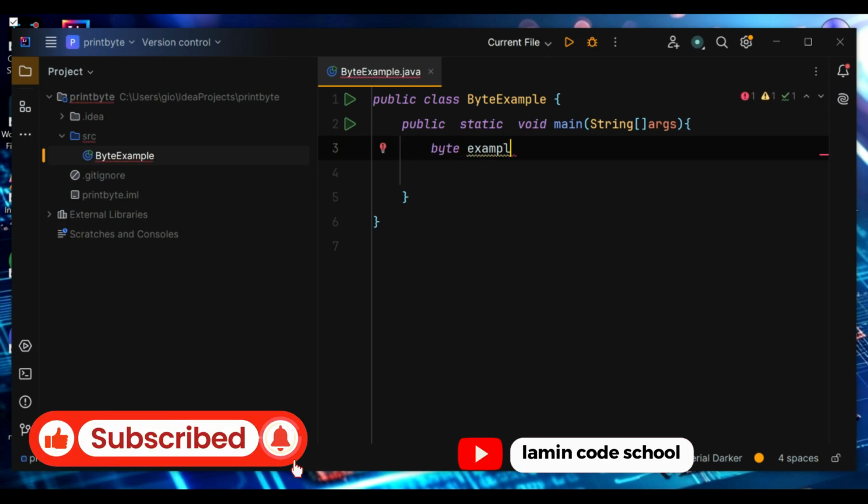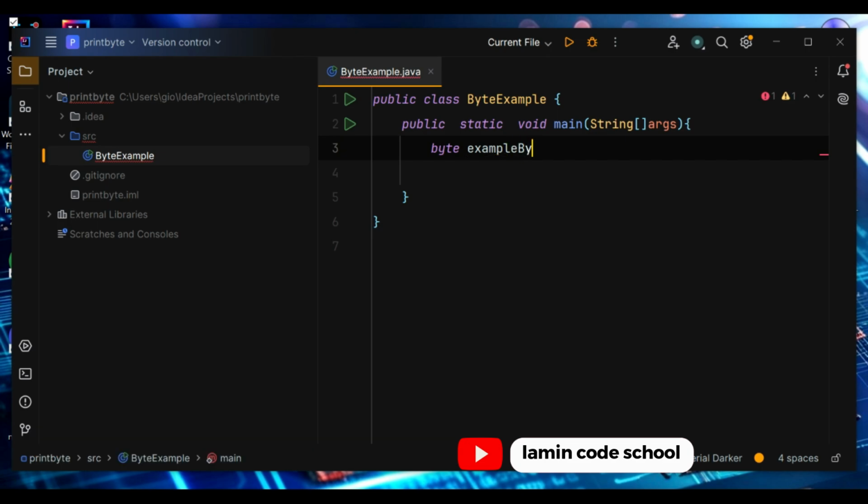Let's look at a simple example of how to declare a byte variable. byte exampleByte = 100; System.out.println("exampleByte value: " + exampleByte);